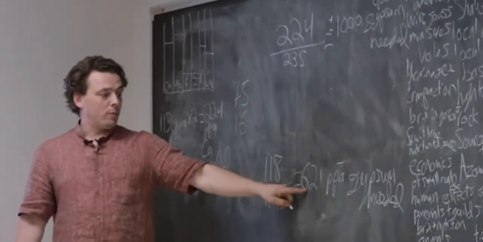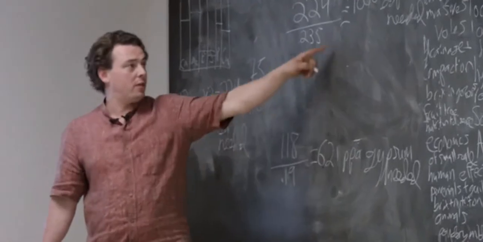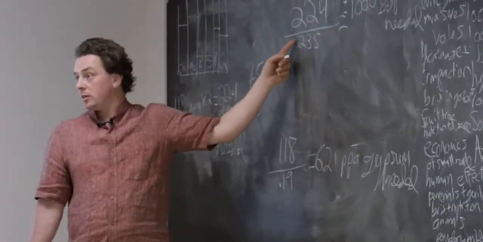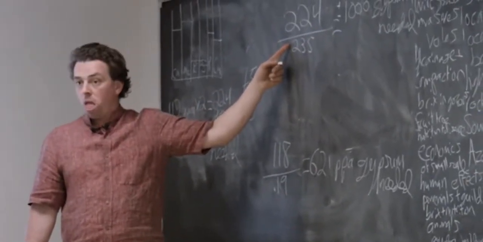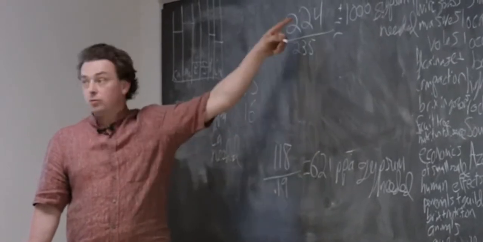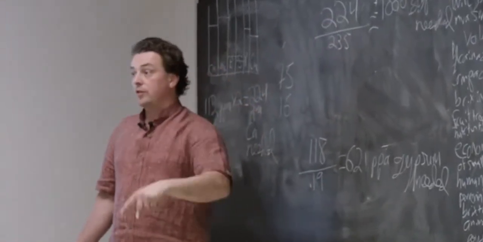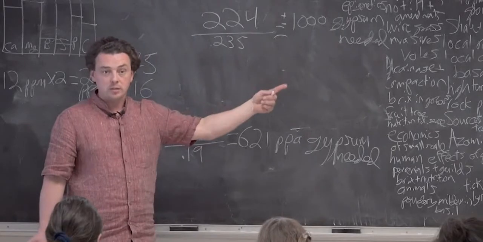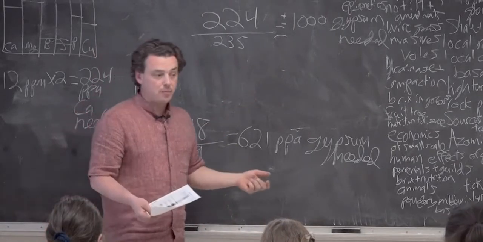So we need 621 pounds of gypsum to address the sulfur deficiency. We need 1,000 pounds of gypsum to address the calcium deficiency. So we have to do 621 and find something else. We're going to address deficiencies, we're not going to overdose things, right? And there's one last step in here, which is